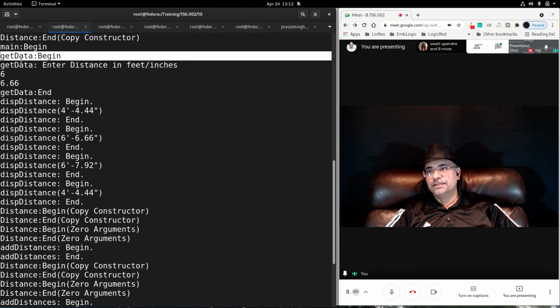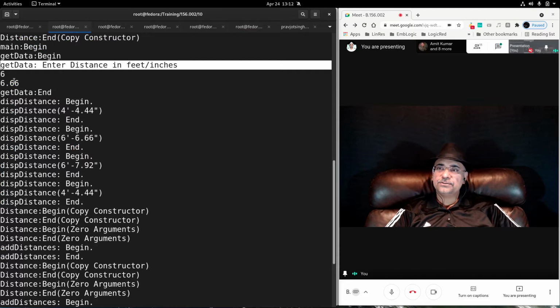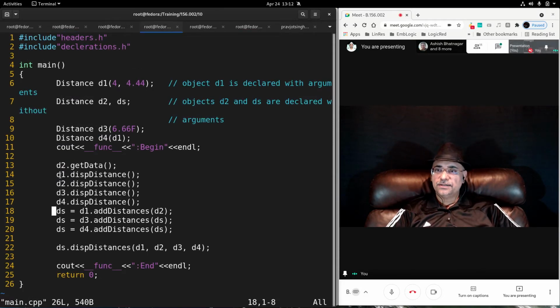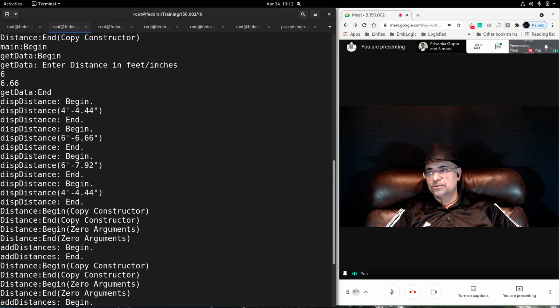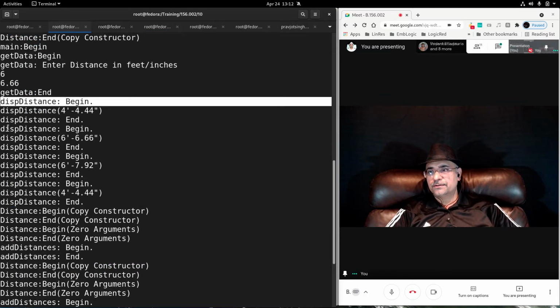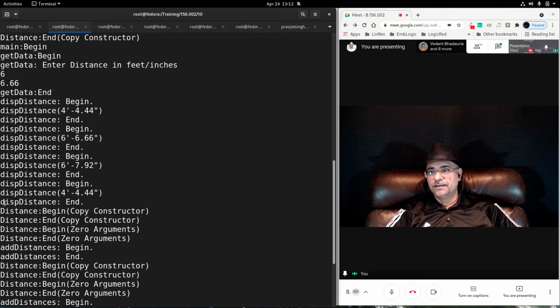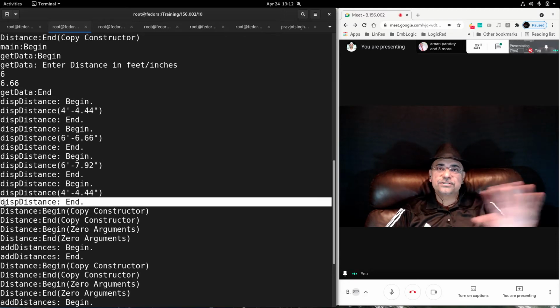So get data begin, enter distance, you enter the distance, and get data end. After that, d1 dot display, d2 dot display, d3 dot display, d4 dot display. You are displaying the 4 different objects, d1, d2, d3 and d4. So display distance begin and end, all the 4 display distances worked.